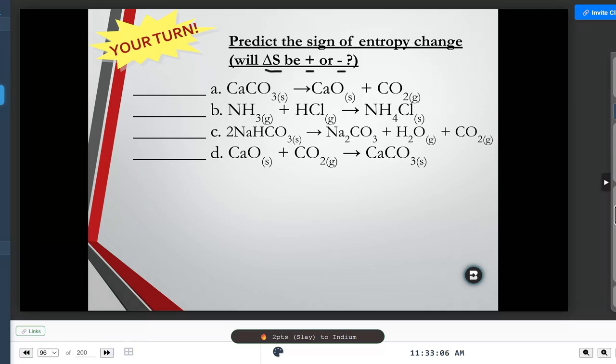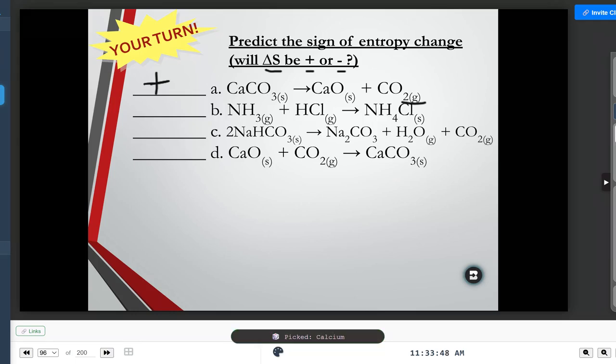All right. Looks like we have some answers that you guys have worked out. Let's see if we can come up with the correct answers. For A, bromine, what do you think? Okay, bromine is saying this is going to be positive. Why are you saying it's going to be positive, bromine? From a singular particle to two different particles. Yeah, we've got solid and also changing into a gas, right? Which is definitely a more dispersed form. So positive entropy. Great job, bromine.